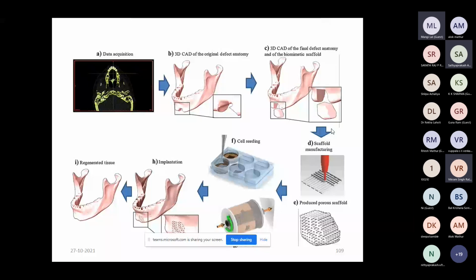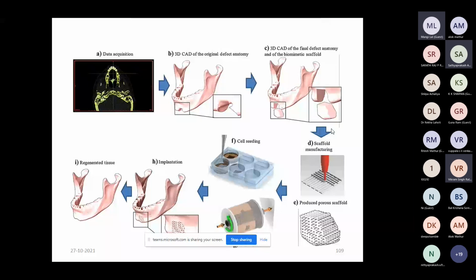Scaffold basically is a porous matrix in which the tissue is stimulated. Okay, and when the tissue cells and tissue are generated in this porous scaffold, this scaffold is transferred or implanted into the defective part. And finally, obviously, this tissue is regenerated once it is transferred into the defective part.